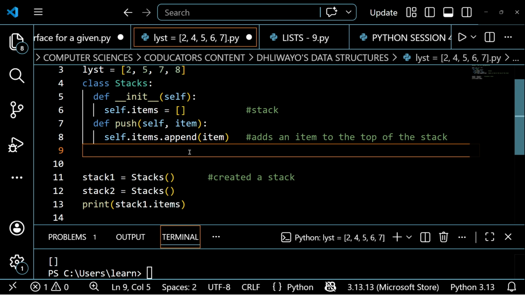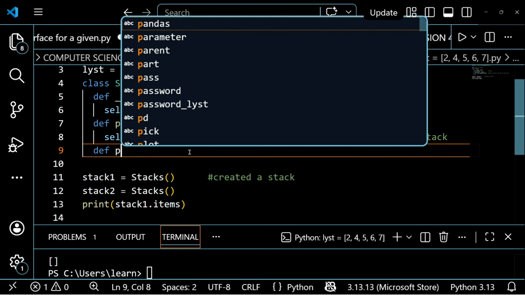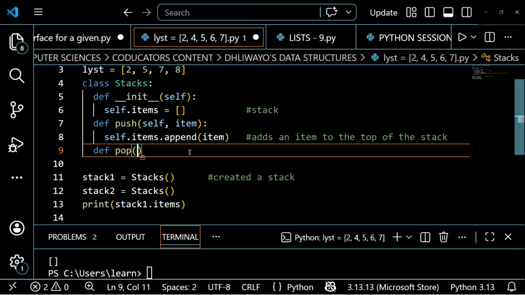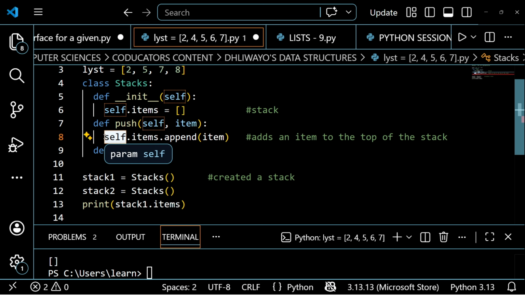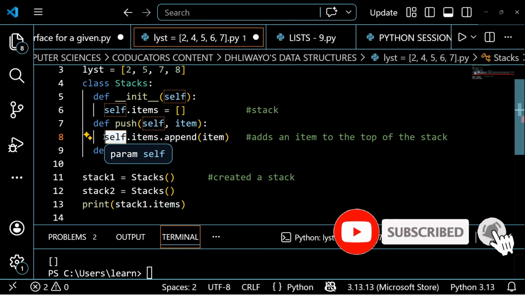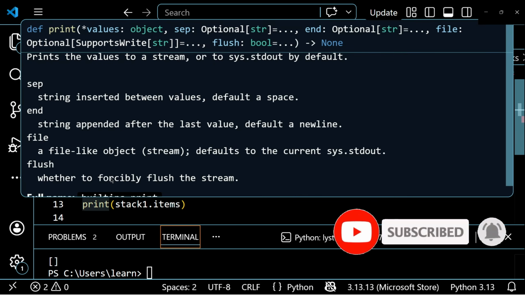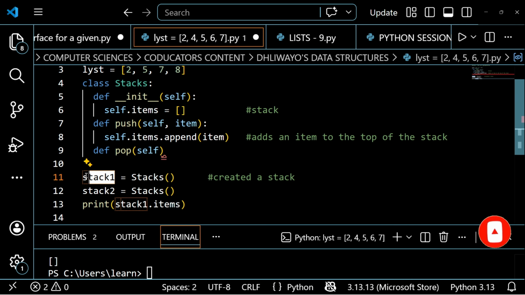So the pop method simply means that I want to remove. I'm going to use the pop method, and for the pop method, we should always include the self parameter, because self refers to a specific object or to a specific stack. Here, this self will change to the stack that you are trying to implement this method on. For example, here I've created stack1. Stack1 is the first object, right?